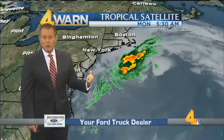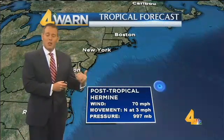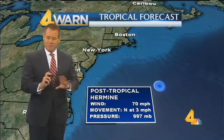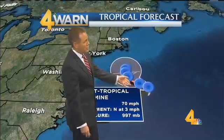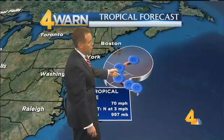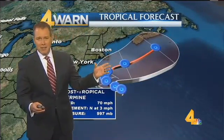Coast. And that's going to continue for the next few days because, first of all, the winds are still pretty strong, 70 miles an hour. What we call a post-tropical storm, which means it's lost its tropical characteristics. Don't worry about that. We're not going to get into a meteorology lecture, but it's just going to linger here off the East Coast, take a little jog to the west and northwest, and then expected to curve back out to sea, but still a pretty wide forecast cone at that point as we head through the next several days,